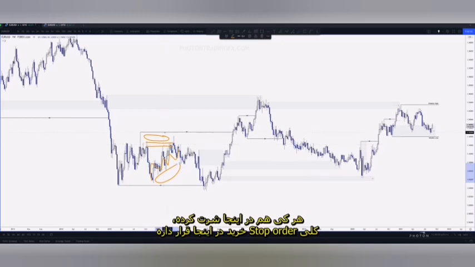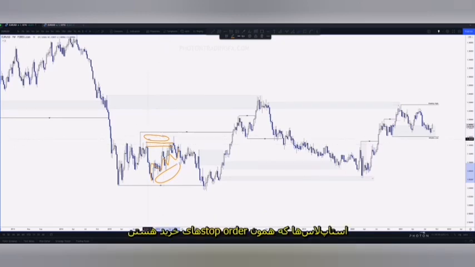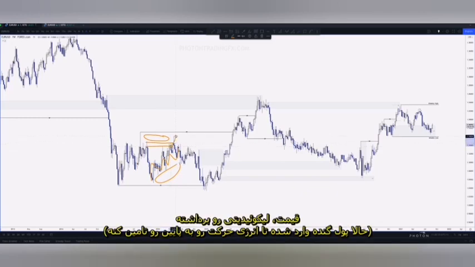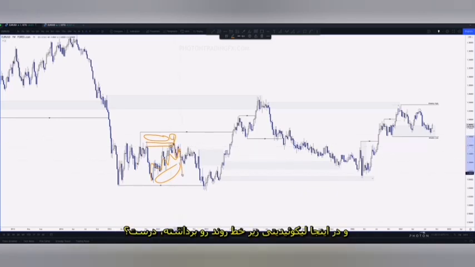Anyone who's short up here, a lot of their sell orders, their buy stop orders, right? Their stop losses are going to be buy stop orders. They're collecting up here. Anyone who's trying to buy the breakout, also buy stop orders. So then what happens? Price grabs that liquidity. Big money then steps in to fuel that move down, and then it grabs the liquidity below the trend line,